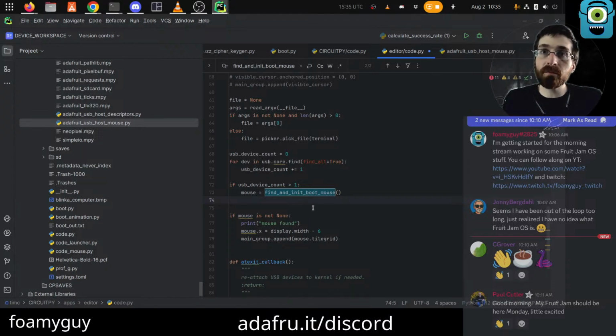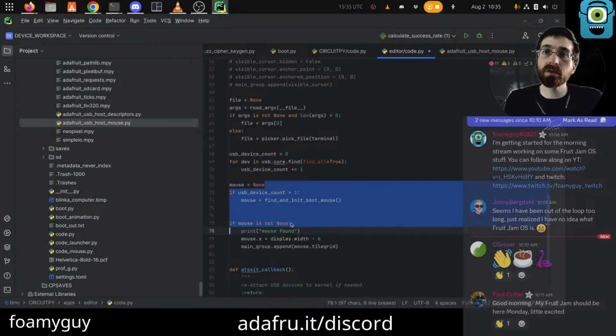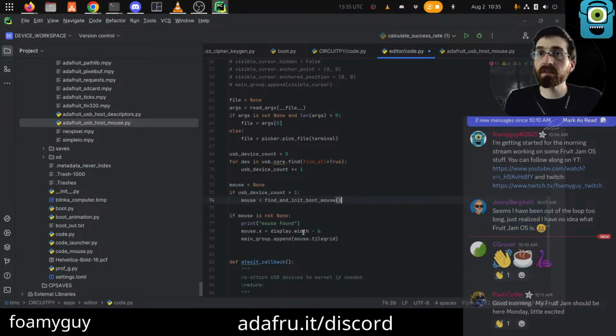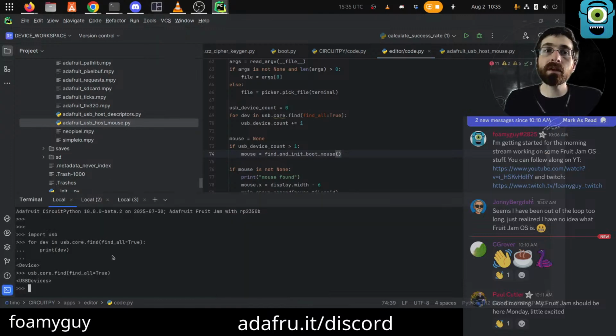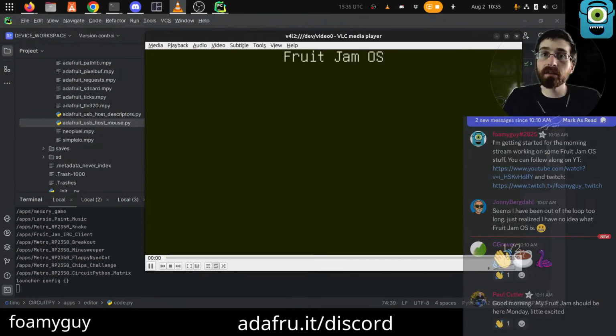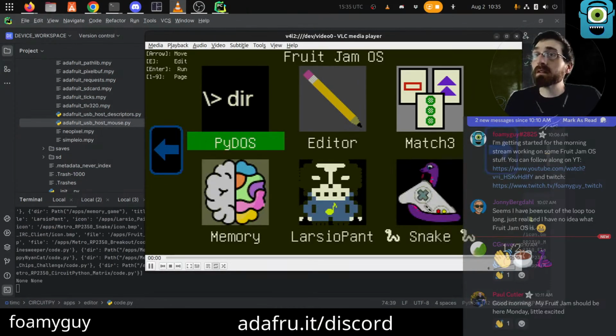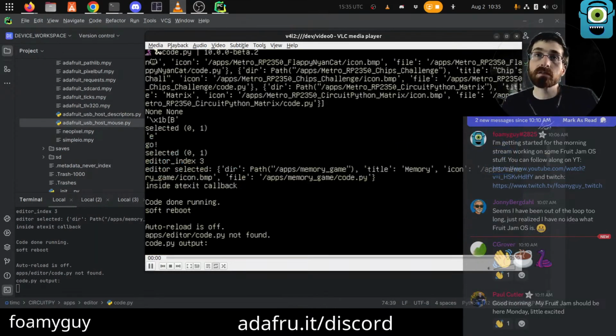All right. So if we have more than one device, then we're going to find mouse there. I am going to just do mouse None so that this will not be a not defined error. So theoretically now it should make the keyboard work in the editor, but not the mouse. We go memory E to edit.